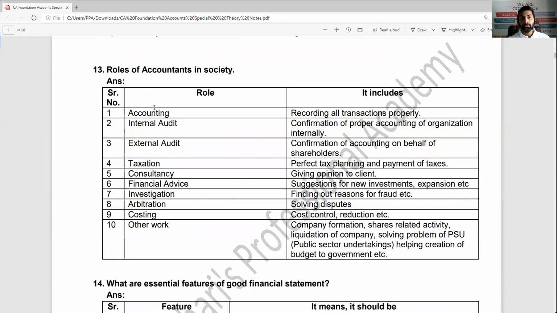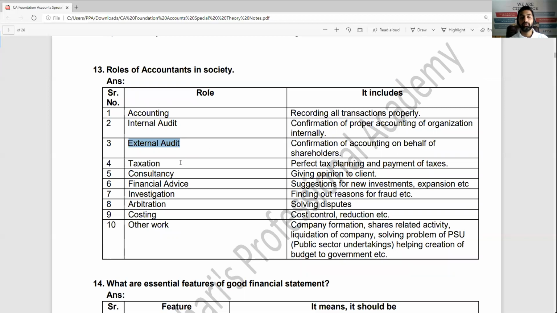Now, the next short note can be asked: what is the role of an accountant in society? What does the accountant do? And what will be your role in the society in future? First is accounting to find out profit or loss. Internal audit, whether all the accounting by our organization is done or not. External audit, then a chartered accountant gets these contracts to go as an auditor and check whether everything is correct or